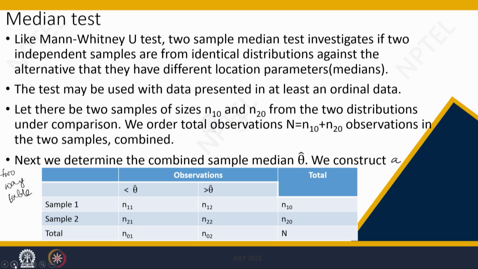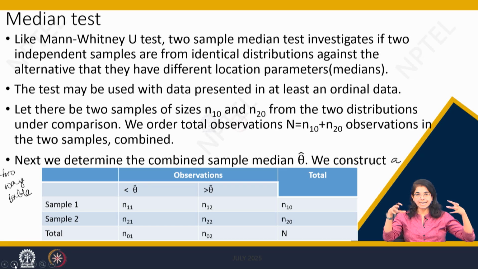So all of us are well aware of the median. Median is the middlemost observation, so it's pretty clear to you. Suppose you have two samples and you would like to see whether the populations from where these samples come have the same medians or not. So that's the problem. It is a clear-cut case of a two sample location problem, because I already told you medians are treated as a location parameter in the context of non-parametric statistics, right?